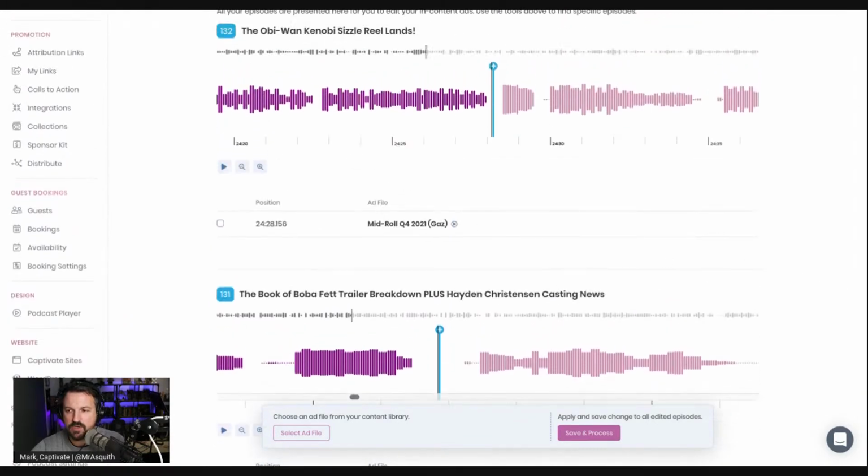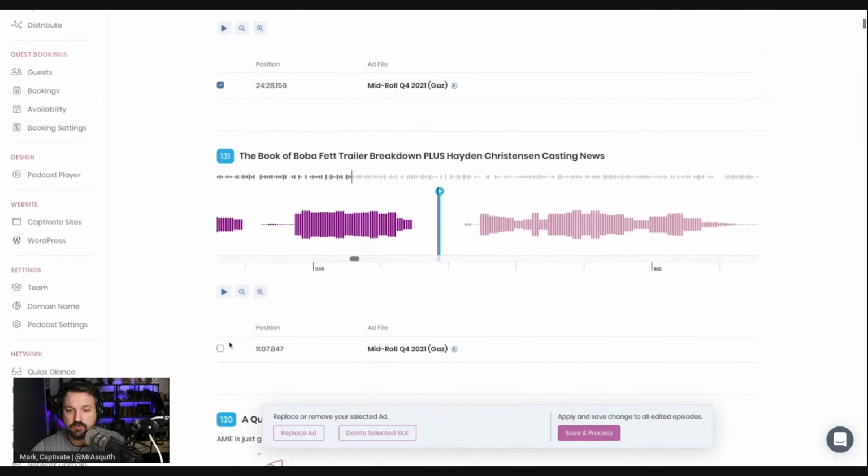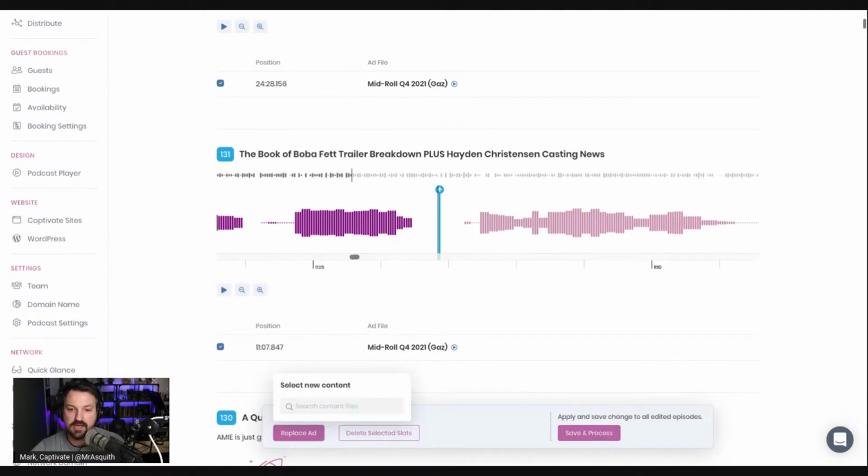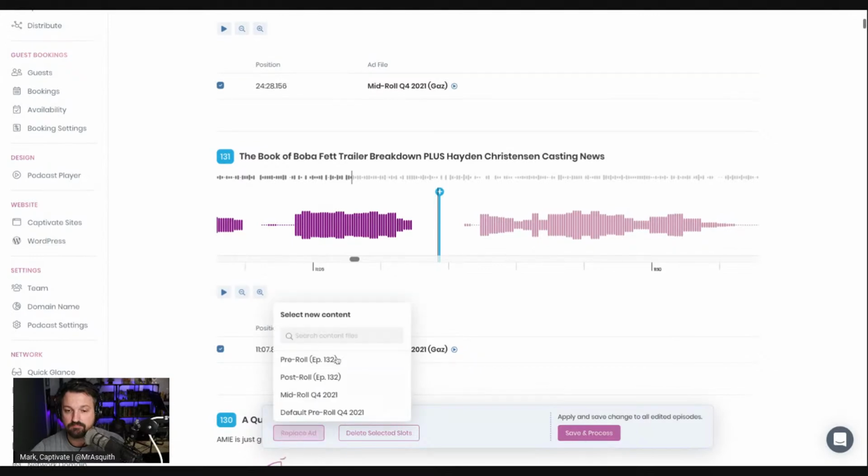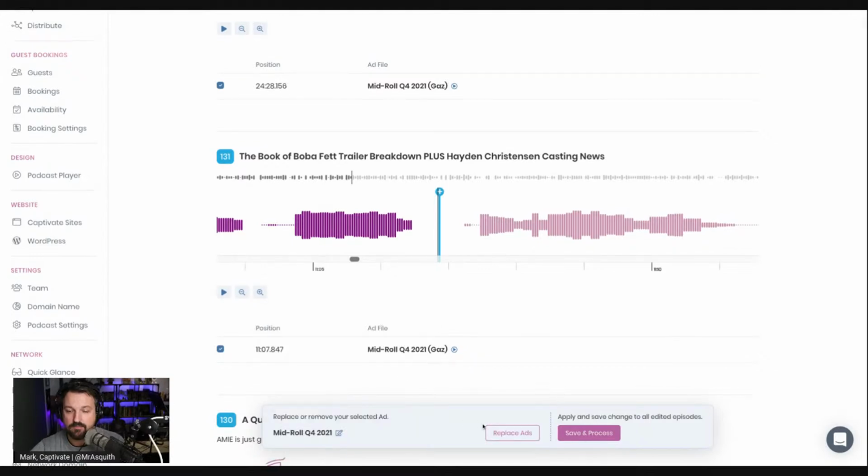So just back to that question. I thought, was it Mike or was it Phil that asked? I could easily just delete them. I could just bulk choose them. I could replace the ad. If I think, oh no, I've chosen the wrong file, I can replace the ad. Super simple. I just grab it, or I could delete the ad. I could do whatever I want. So you can see this is a true bulk editor. It works really, really well.